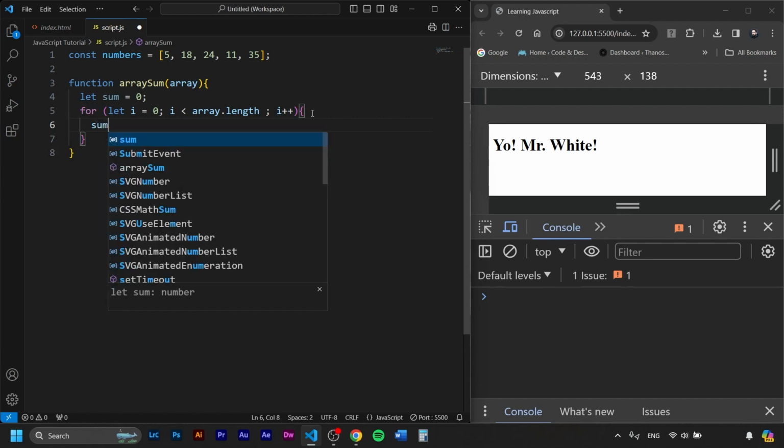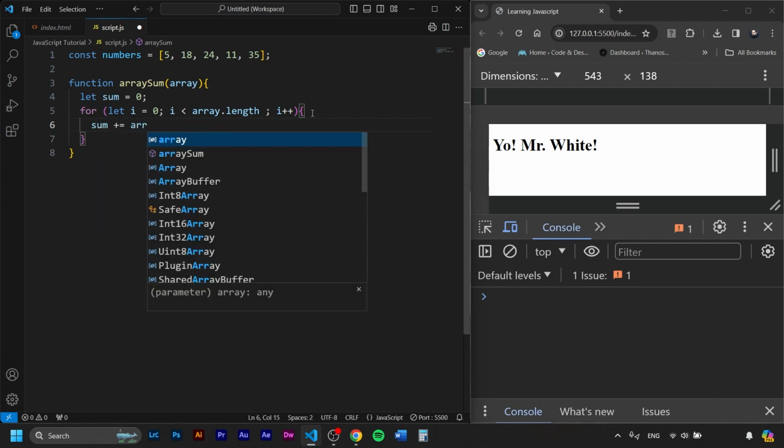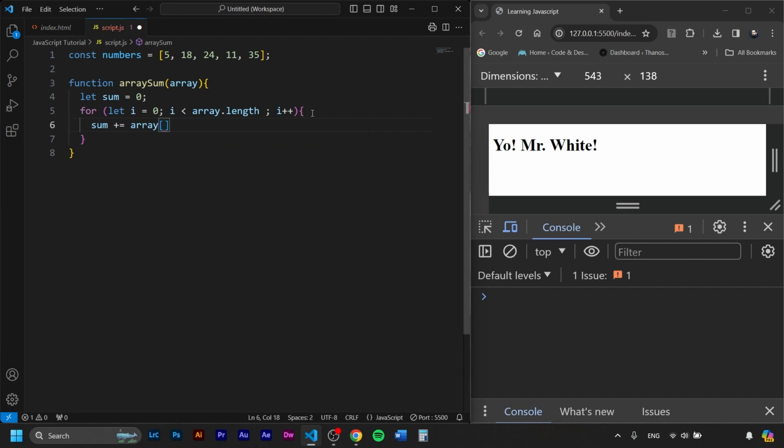We just go sum plus equals, and then we'll go array, we open square brackets and we put just the i inside. So what does this mean? That for i equals 0, we'll have the first item, 5, plus equals the sum. So we got 5 here. Then we run again for i++